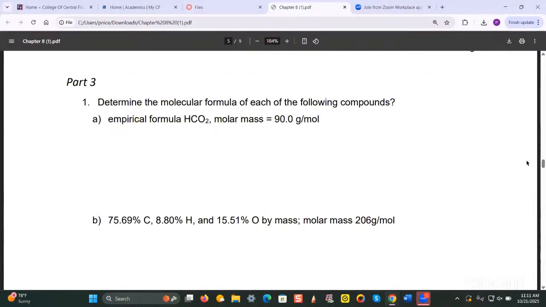Okay, part 3. So now we're going to get into a discussion of empirical formula and molecular formula, and how do we determine the empirical formula based on percentage or mass data. Now, just to briefly review, firstly, let me talk about the molecular formula. The molecular formula, of course, gives you information about the number of atoms of each element that is present in a molecule, right? So, for example, if you're given the formula for glucose, which is